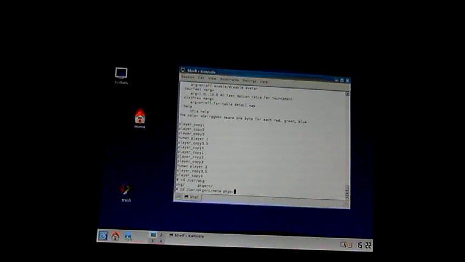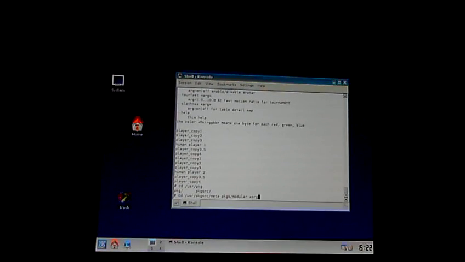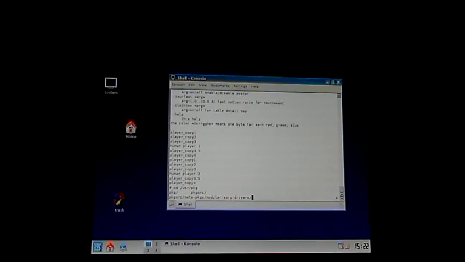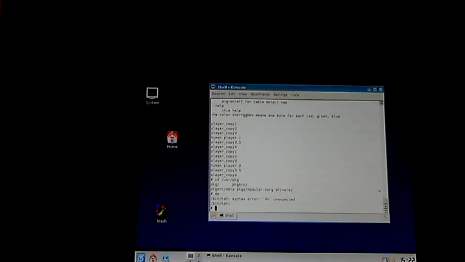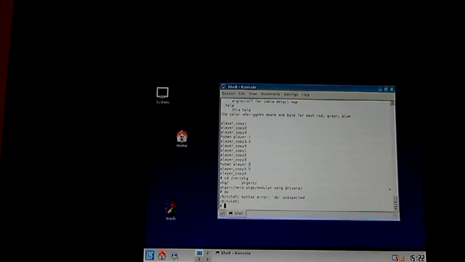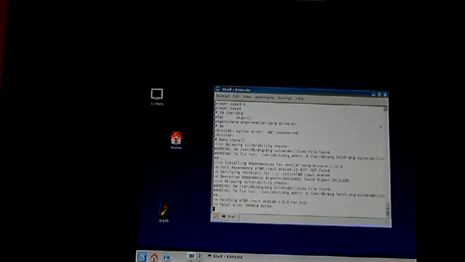There we go, the meta packages. Now I'm going to do the modular Xorg drivers. There we go. So it'll try to build drivers for this. And I think that's what VirtualBox guest editions are. And then if I